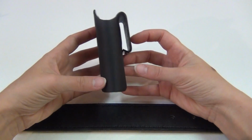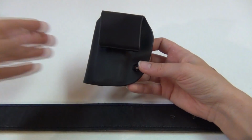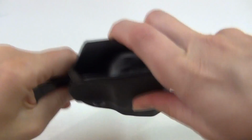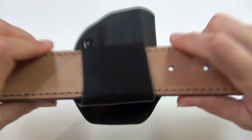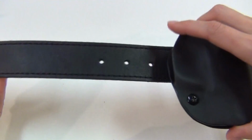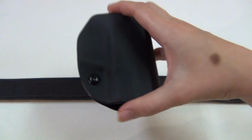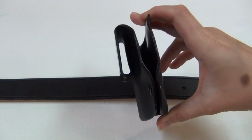For his outside the waistband holsters, he only offers 2 different clip options. He's got this one, which is a very easy clip-on, which you can see just clips quickly and easily over a belt. He also offers a closed loop that must be threaded onto a belt like that, but I don't have that one to show you. Again, the clip-on version is nice because it's super convenient to just clip on at the